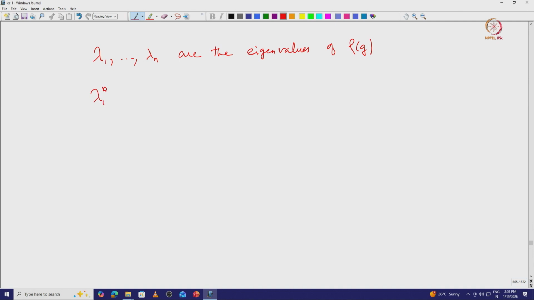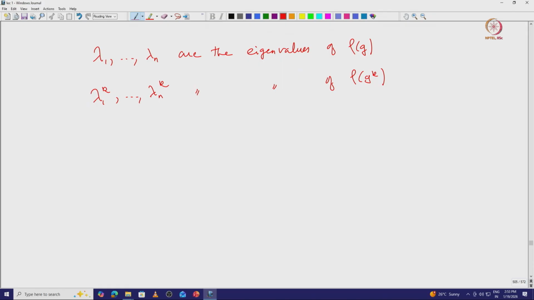So, lambda 1 power k etc. lambda n power k is going to be the eigenvalues of this row of G power k, and G power k is going to be an element in the group. So, it makes sense. So, now how are we going to use this in order to get the character that